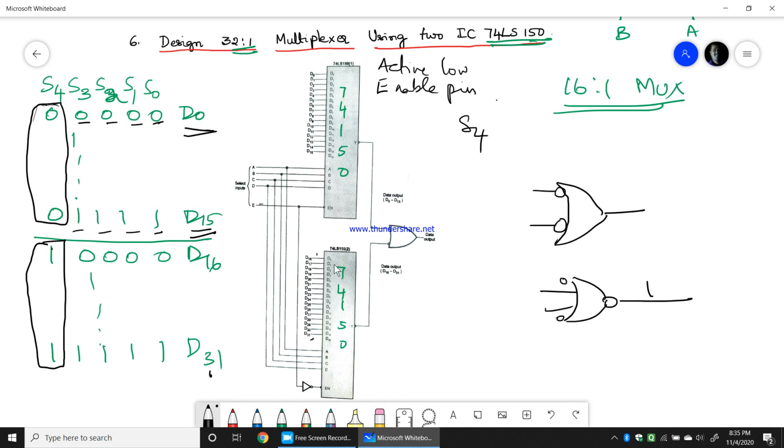Now this IC is enabled. Once this IC is enabled, I'll have 4 selection inputs from 0 0 0 0 till 1 1 1 1, which selects D16 to D31, and that would be the output which will be given through this. Okay. So this is how you can use the 74150 IC to design a 32:1 multiplexer.